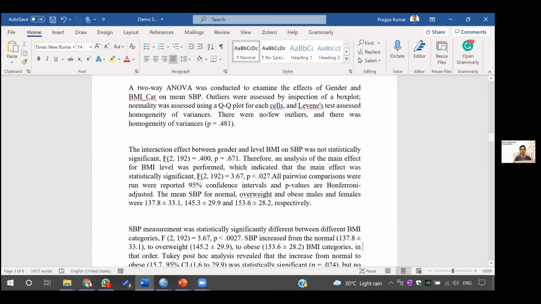Sorry, you can say there was one outlier. And there was homogeneity of variance as suggested by p-value equal to 0.481. The interaction effect between gender and level of BMI on SBP was not statistically significant. F value with degrees of freedom 2 and 192 was equal to